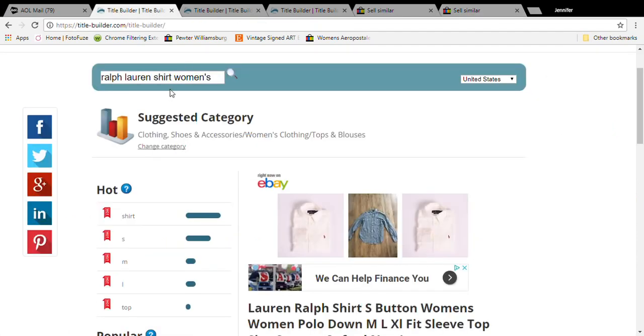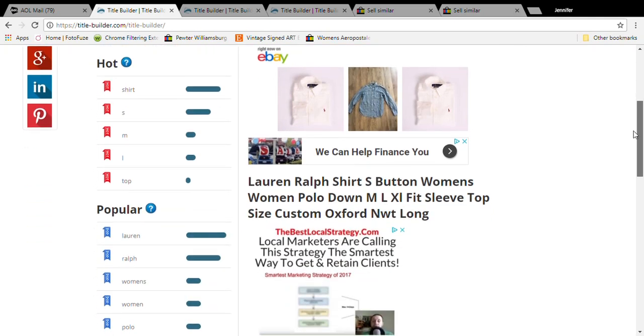So I'll type in, you want to keep it simple. They recommend 2 to 4 keywords to search out what you should put in your title. So I'll put Ralph Lauren shirt and women's. You don't want to forget the women or the men when you're searching for clothing, because it's going to bring up totally different keywords depending on if it's a woman or a man. So I put in that. And the first thing I want to show you